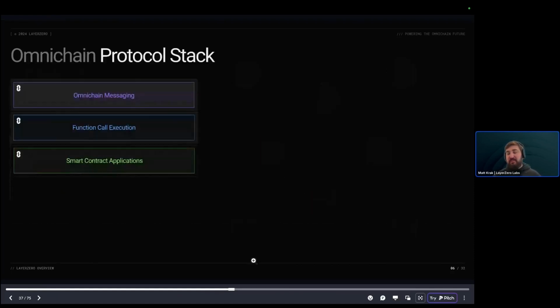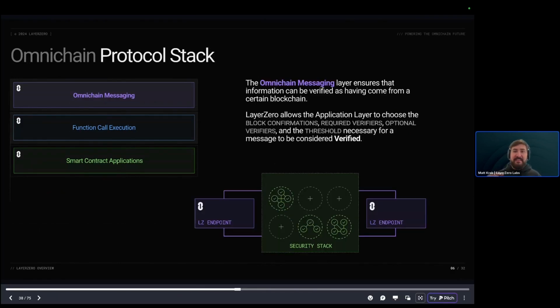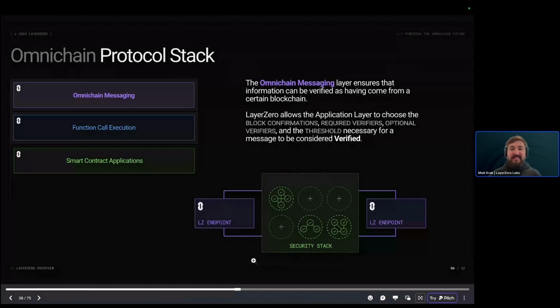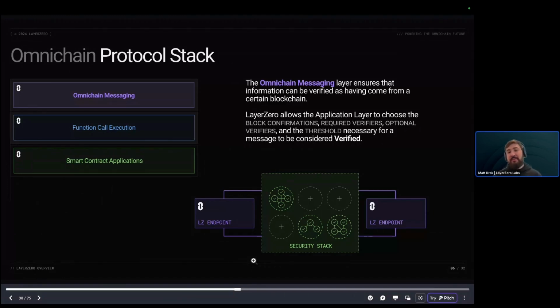So zooming out a little bit, what does that actually mean for LayerZero? LayerZero at a protocol level is comprised of 3 main pieces. First, this idea of OmniChain messaging. It's the ability for any application to interact with an immutable contract interface known as the LayerZero endpoint and configure all of the messaging properties that they need directly on chain. When you interact with a LayerZero endpoint, you can select a custom amount of verifier networks that you want as part of your security stack,